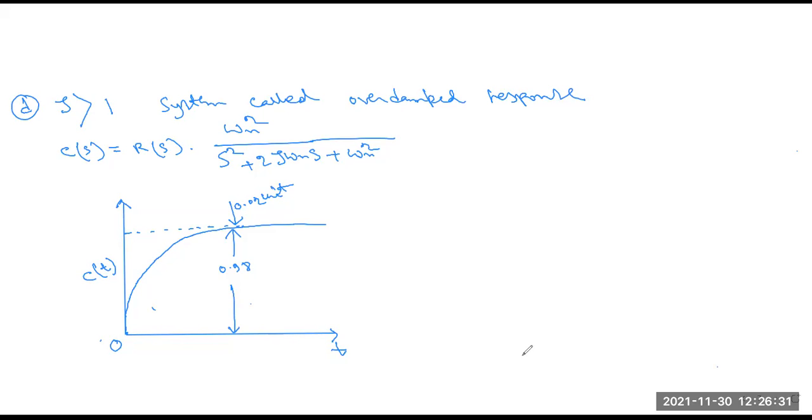Next class we will discuss another part of second order control systems: the ramp function and parabolic function. We will also discuss what critical damping is, what the damping ratio is, and what the characteristic equation of second order control systems is. Also the transient response specifications: rise time, maximum overshoot, and peak time. Okay, is this clear to all of you?